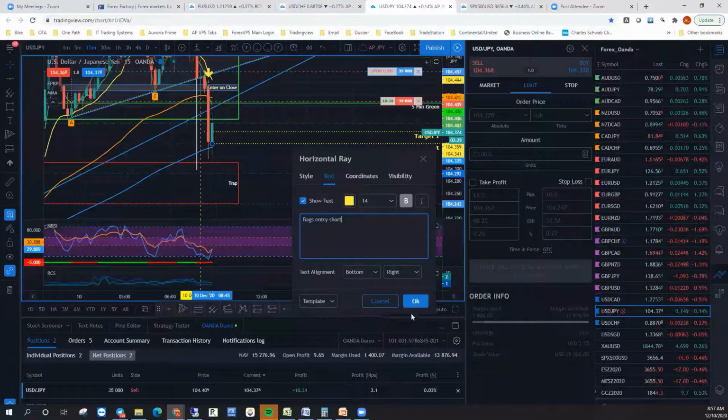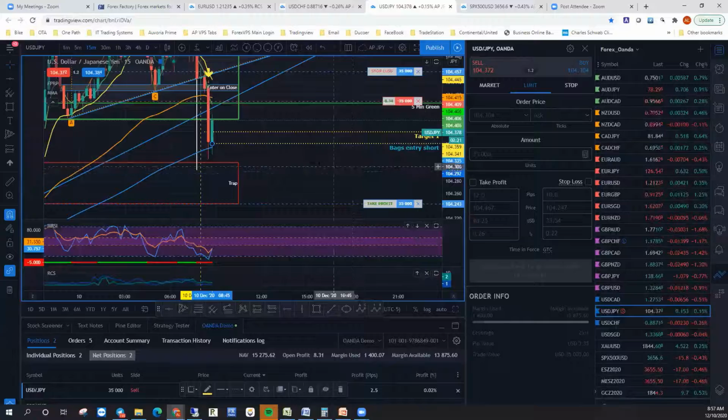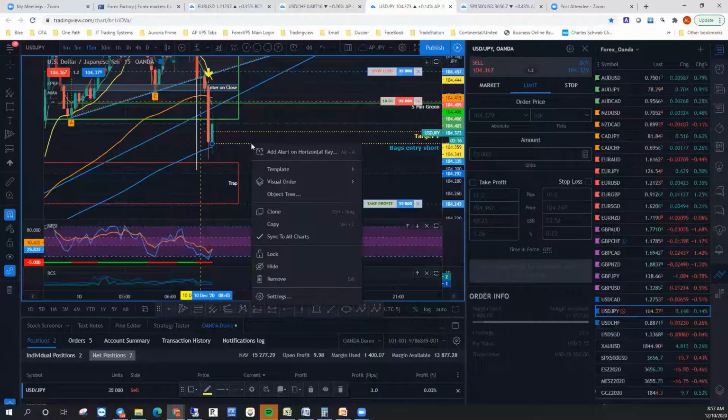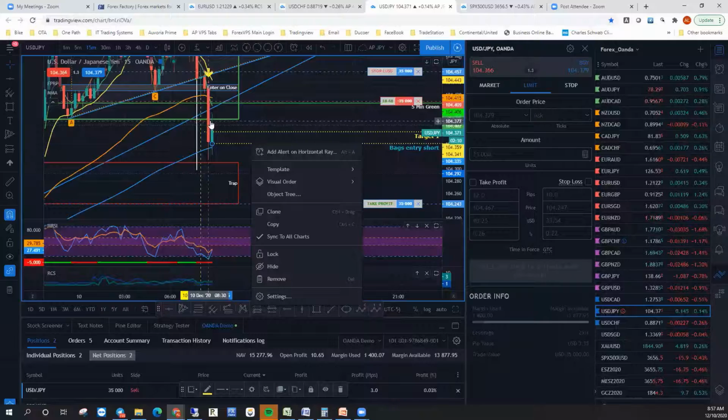So that would actually end up pretty close to my stick target. That would be interesting. Yeah. That'd be very interesting. And so a lot of times, especially when you get these really strong candles down, usually you're going to get a little bit better entry if you just wait a little bit.